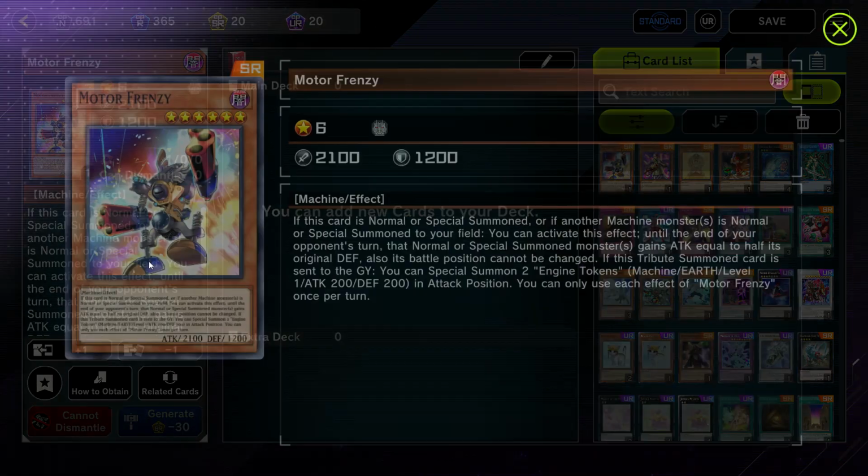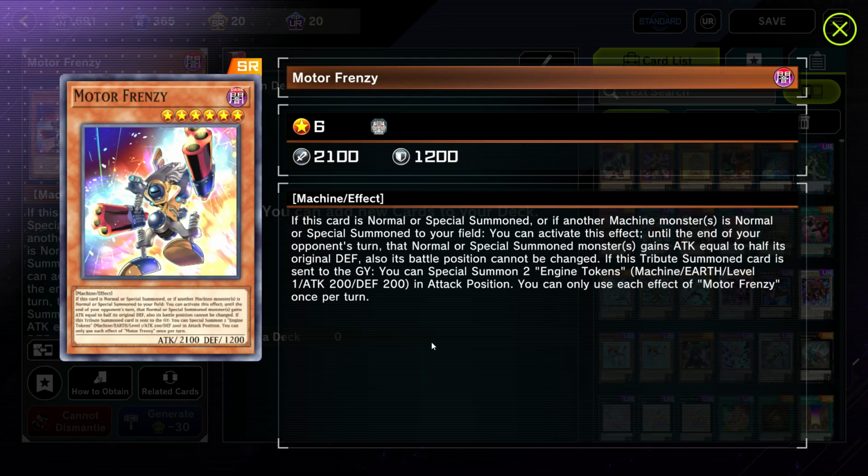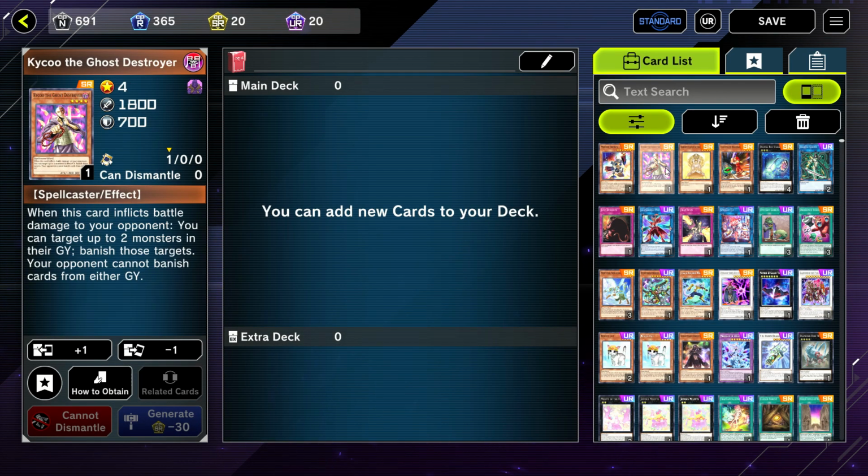So yeah, Motor Frenzy I'm not familiar with. If this card is Normal or Special Summoned, or if another Machine monster is Normal or Special Summoned to your field, activate this effect. Till the end of your opponent's turn, that Normal or Special Summoned monster gains ATK equal to half its original DEF. Also, its battle position cannot be changed. If this Tribute Summoned card is sent to the Graveyard, you can Special Summon 2 Engine Tokens. Can only use the effect once per turn. Of course,